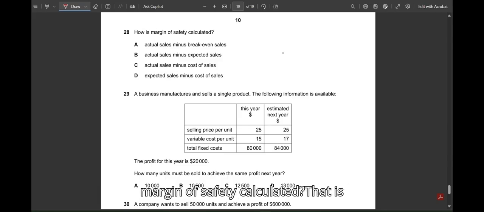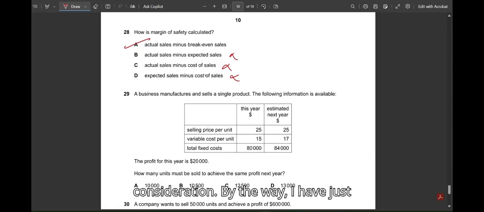How is margin of safety calculated? That is actual sales minus break-even sales. Yes, this is a direct formula which is given. Second is actual sales minus expected cost of sales. No, no. We never take cost of sales into consideration. By the way,